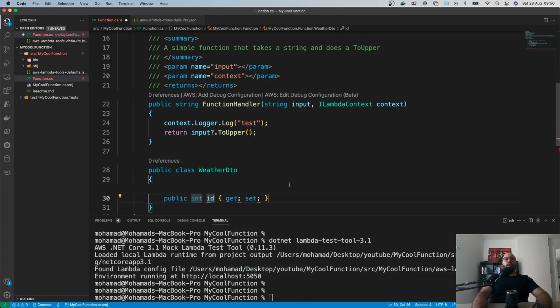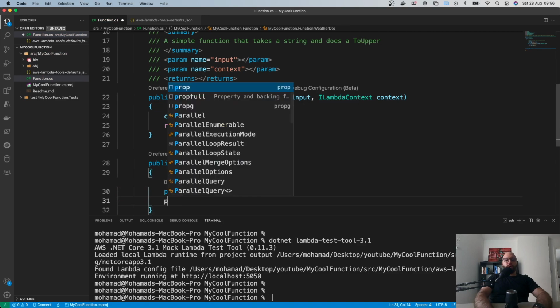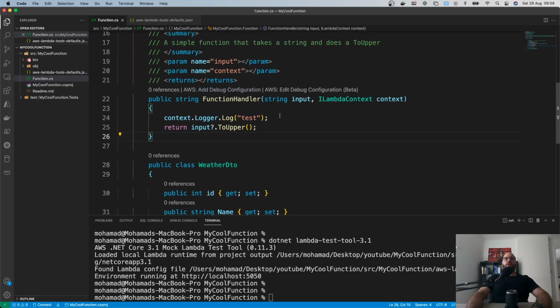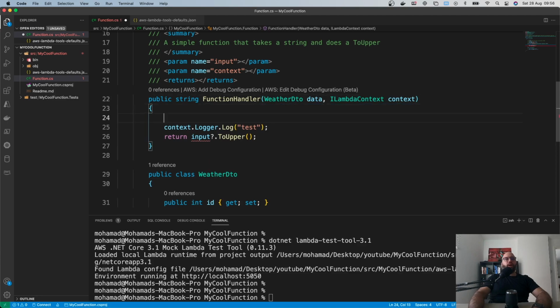Let's see, and we can make another one which is basically a string name. Very simple. And once we do that, the next step is basically we need to actually update this method here in order for us to take the JSON object and process it. So how do we do that? The first thing we need to do is remove the string here, and we're gonna replace it with the weather DTO, and instead of input I'm gonna just call it data,